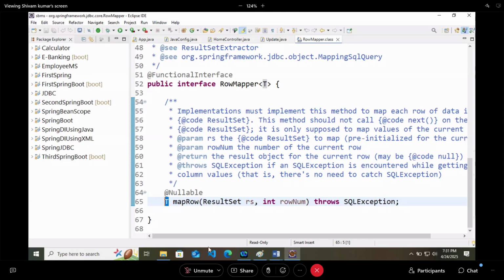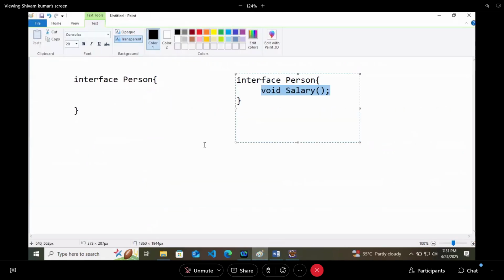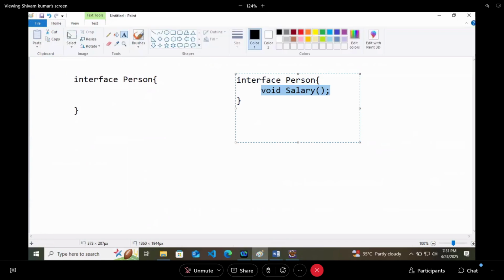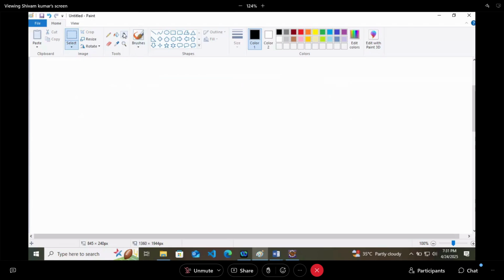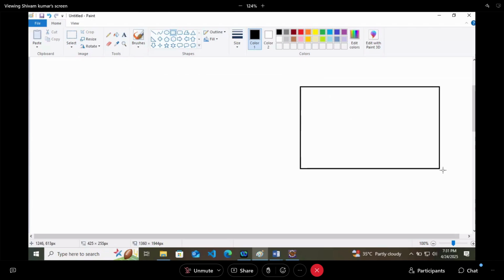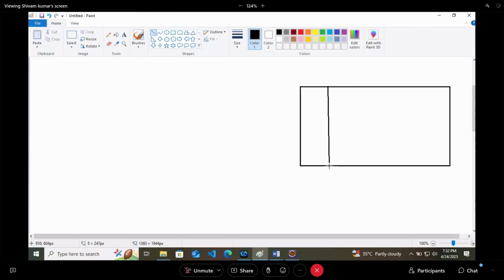So here I will prepare one database and we will try to check what exactly I'm talking about. Just for an example, understand the flow here.